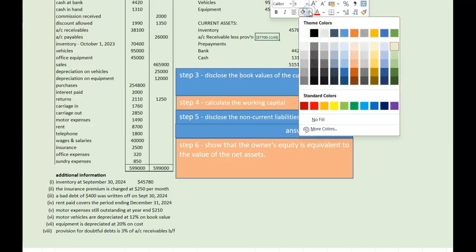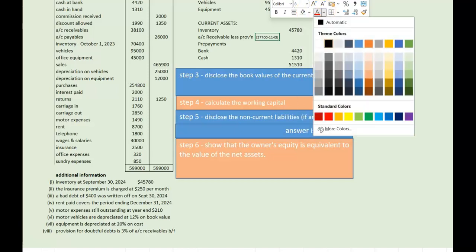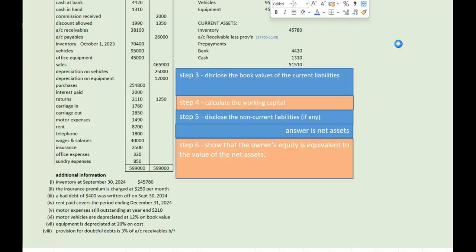Let's change the color. Right, so that would mean now that the correct figure for the receivables would be 37,700